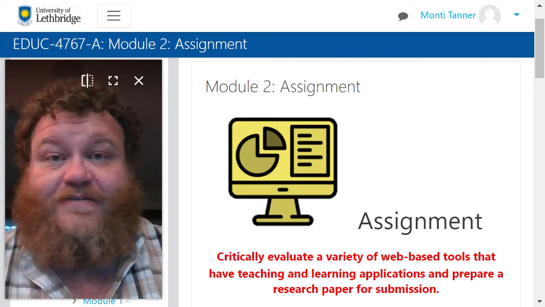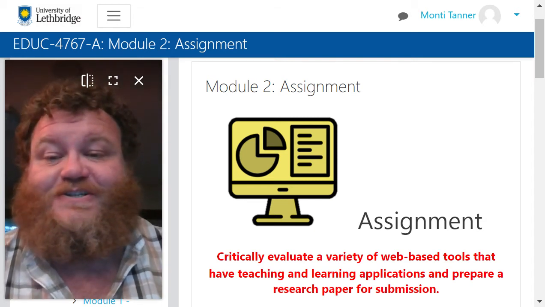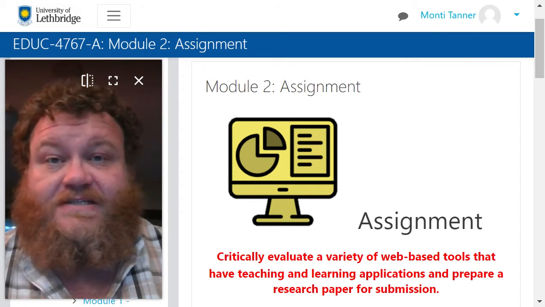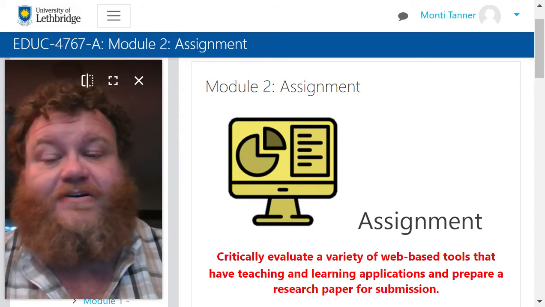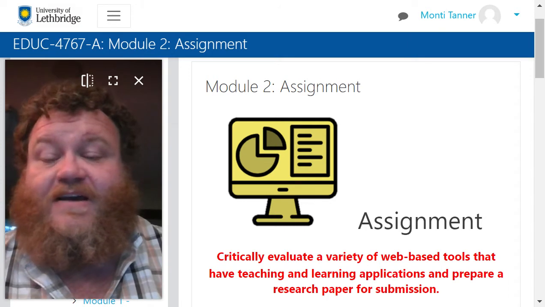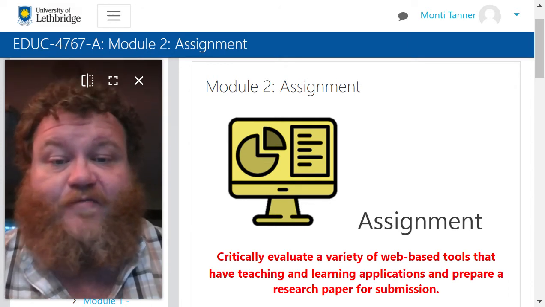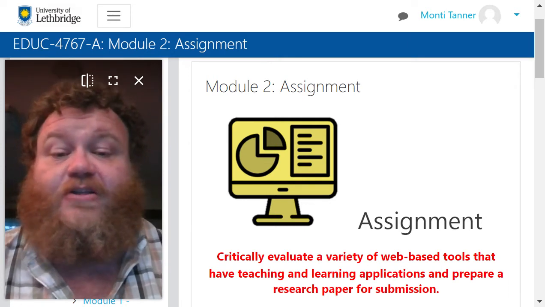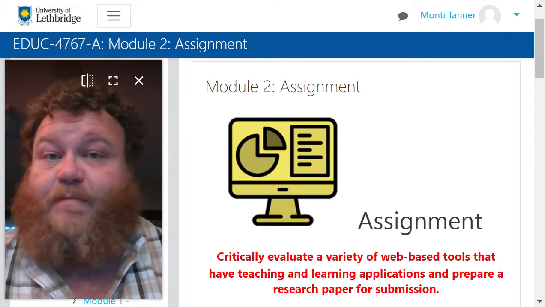Here's some information for assignment number 2. So for this assignment, it's a little bit more traditional. I'd like you to critically evaluate a variety of web-based tools that have teaching and learning applications and prepare a